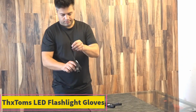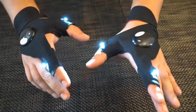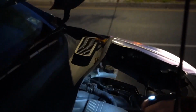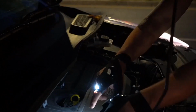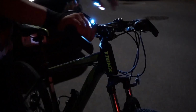Product 3. Product name, Thankstom's LED Flashlight Gloves. The Thankstom's LED flashlight gloves are a unique and practical gadget designed for hands-free illumination, making them an ideal gift for men who enjoy activities like repairing, fishing, camping, and other outdoor or hands-on tasks. These gloves feature LED lights on the thumb and index finger, providing targeted lighting to help with detailed work in